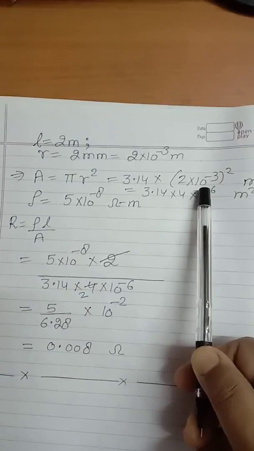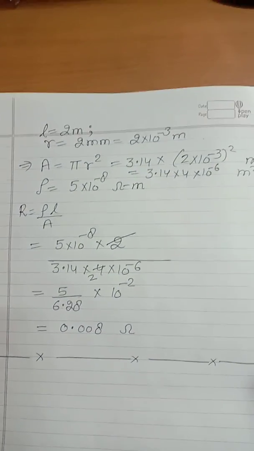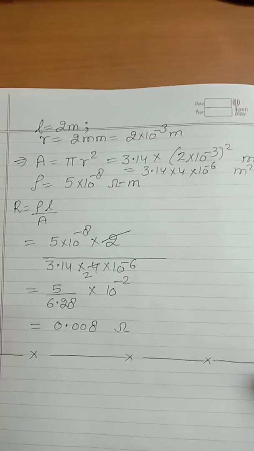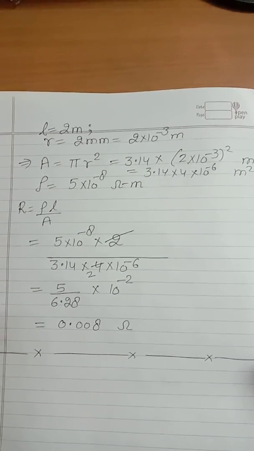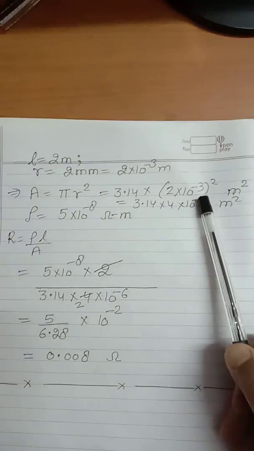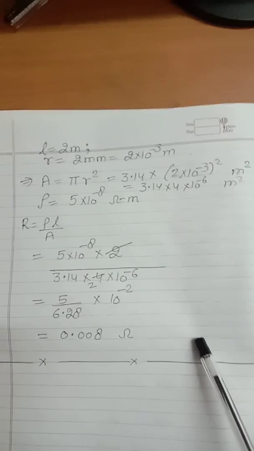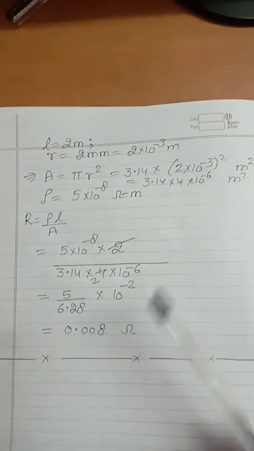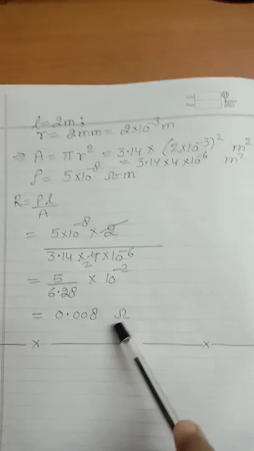We are not solving it here because we suggest to show all the calculation at the last step, so that if you commit any calculation mistake, then you will not lose too many marks. Say if the question is of 2 marks, you will lose only half mark for wrong calculation at the last step. But if you do the calculation mistake here, then all the values will be wrong, so they may deduct 1 mark out of 2. So now again we will apply the formula R is rho L upon A, substitute the values, and on solving we get